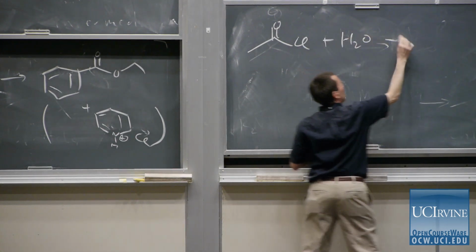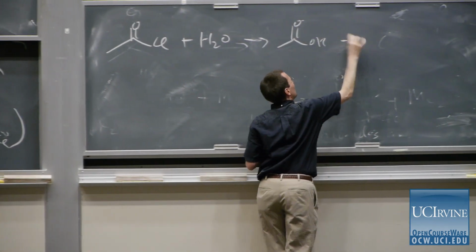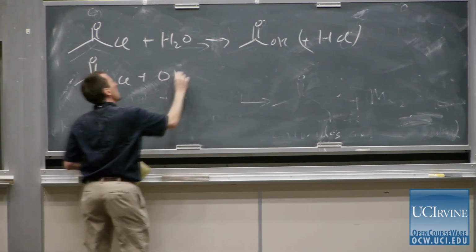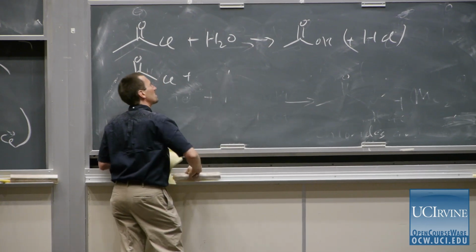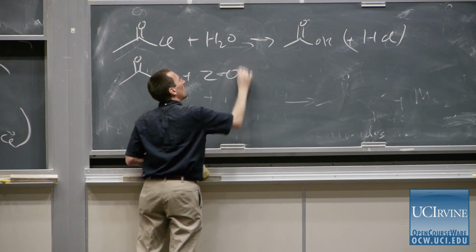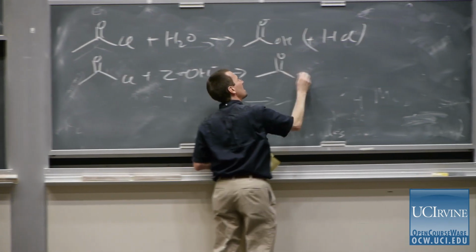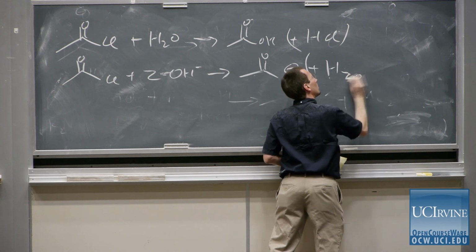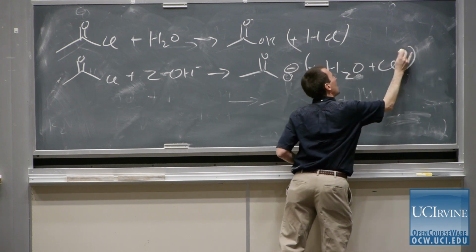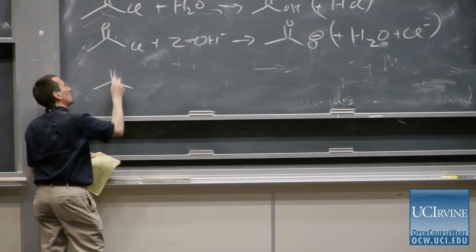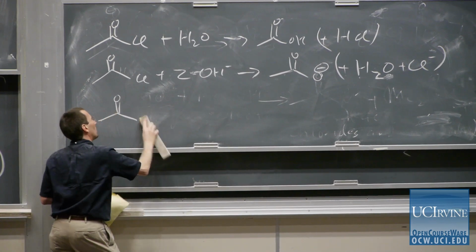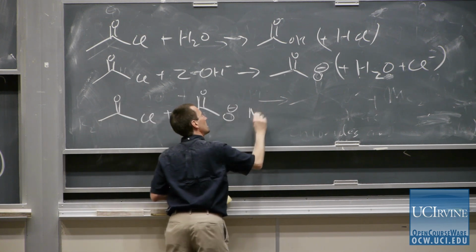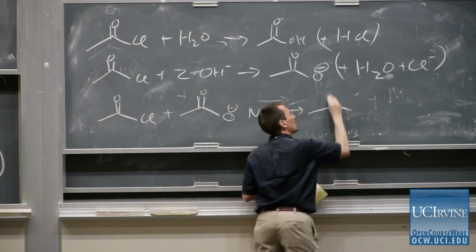Acetyl chloride plus H2O goes to acetic acid plus HCl. And you should be able to think your way through mechanistically on all of these. Acetyl chloride plus 2 hydroxide anion goes to acetate anion plus water, H2O plus chloride anion. And I'll just write one more balanced equation, acetyl chloride plus, let's say, sodium acetate, I'll write in a counter ion here, goes to acetic anhydride